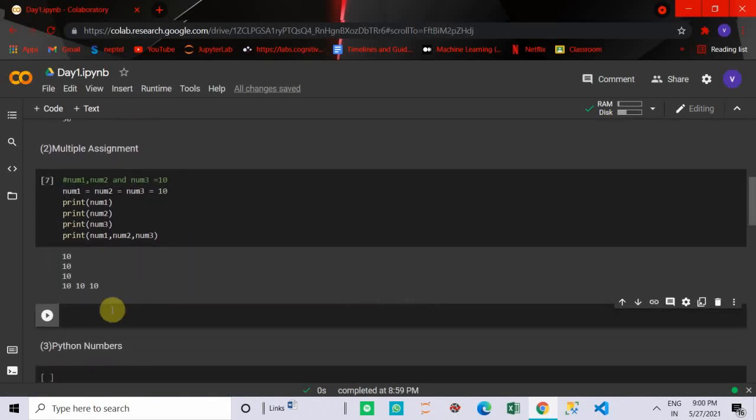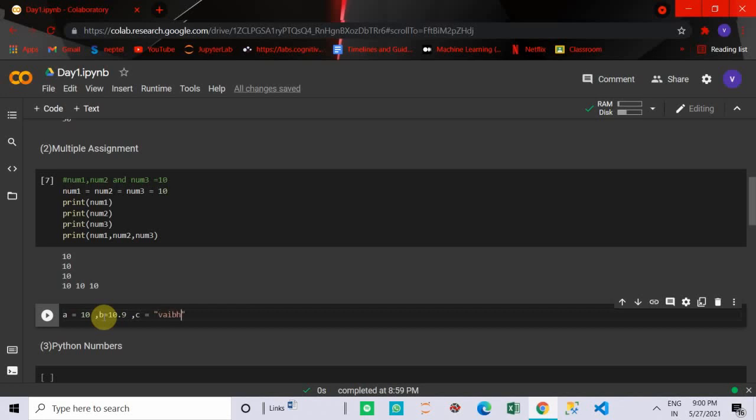You can also assign variables and values differently. Suppose you want to assign a equal to an integer value like 10, b equal to a float value like 10.9, and c equal to some string value.